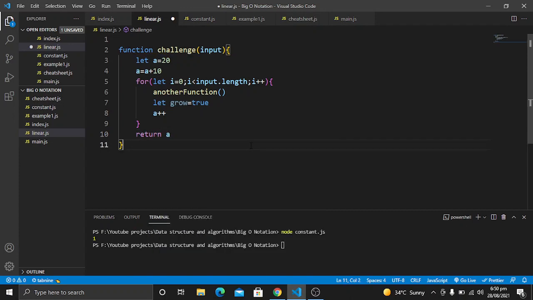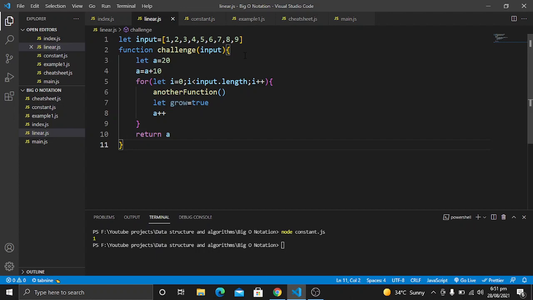Now what we want to do here is calculate the Big O notation for this function. Let's also create an input array. In this input, let's add some items such as 9, and then we want to calculate the time complexity, or the Big O notation, of every line, also the variables, the for loops, and the function calls.